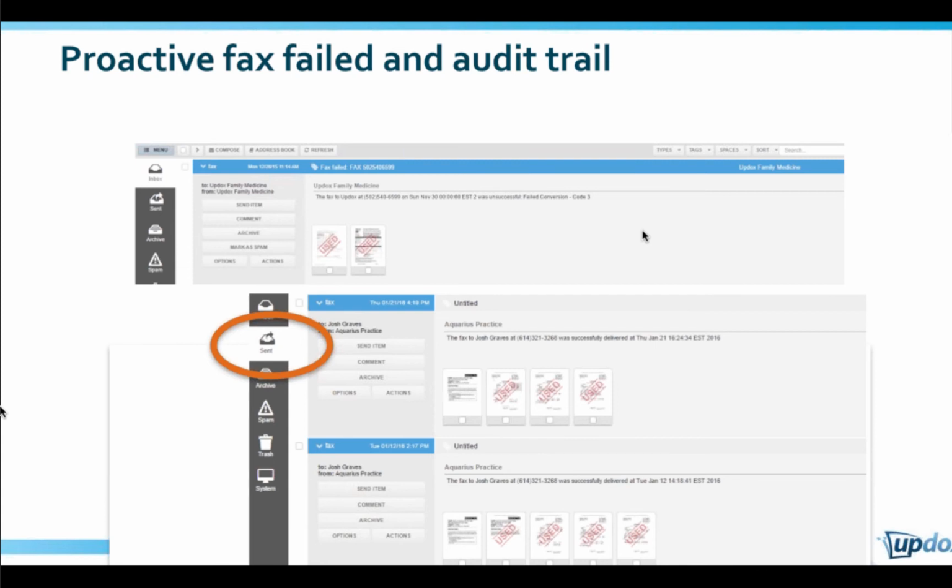So you can go to the search window in the top right corner of your UpDocs inbox and search by the name of the practice that you sent it to, or the fax number you sent it to, or the patient you filed for. And you're able to retrieve all of the documents that you've managed within UpDocs inside of